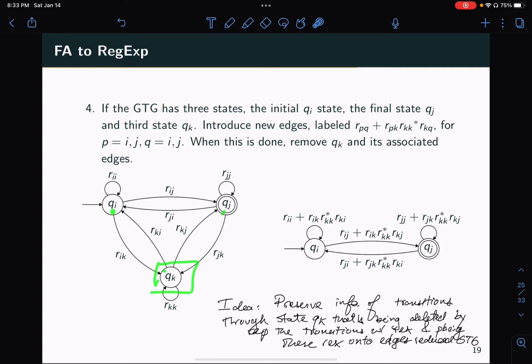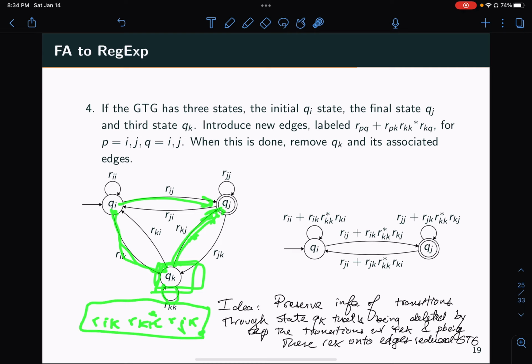So it allowed me to get from QI to QJ by reading RIK, then reading RKK any number of times, and then reading RKJ, right? So that means that to preserve this information, what I want to do is say that to go from QI to QJ, either I can use this direct path, or I can use this other intermediary state, and then to represent choosing this other path with this intermediary state, I represent the transition by a regular expression RIK, RKK star, RJK,